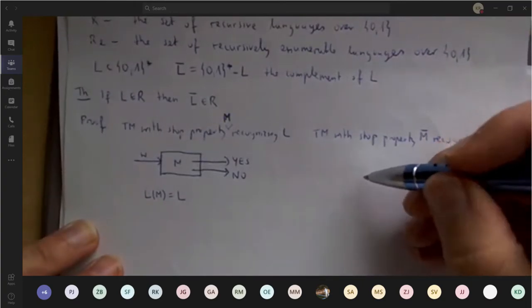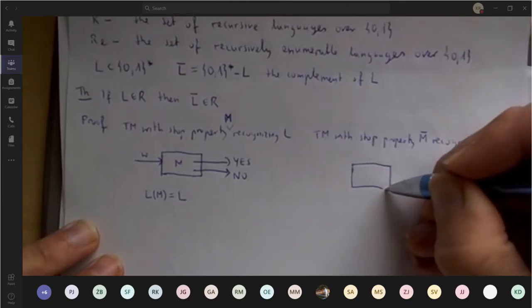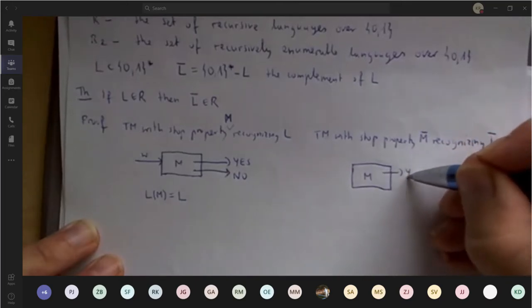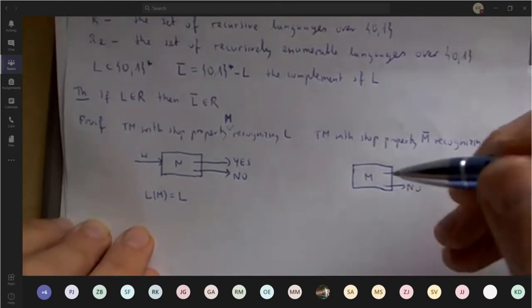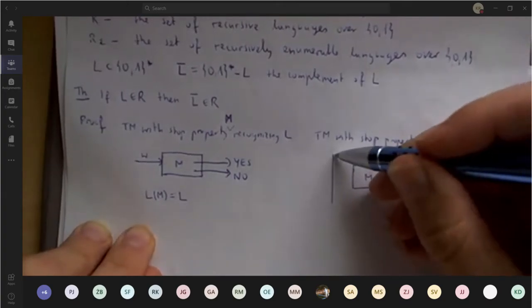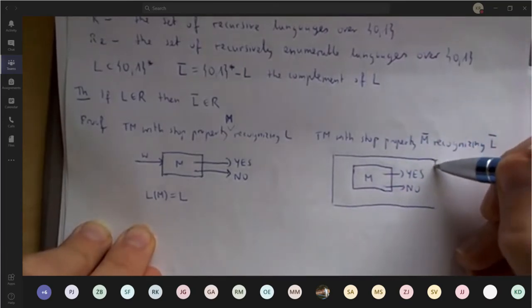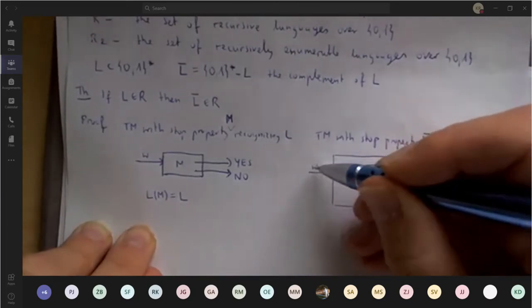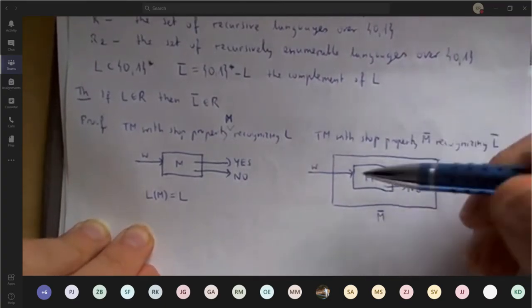Yeah, so this is M. And our Turing machine M, the complement is the following. Okay, so M complement